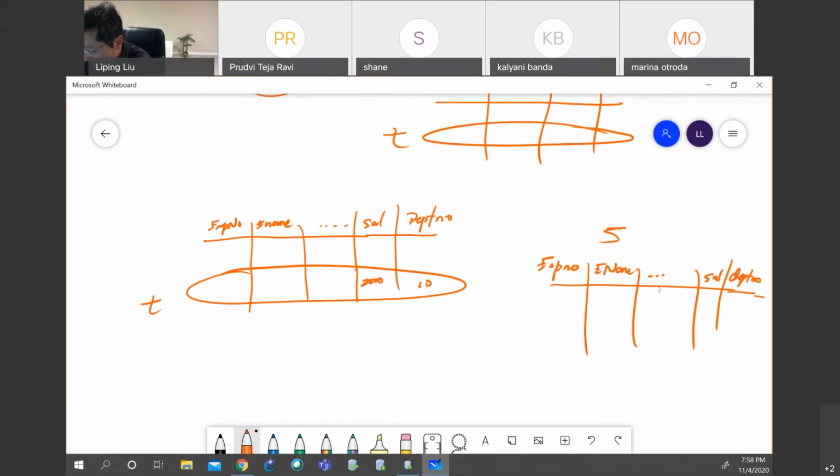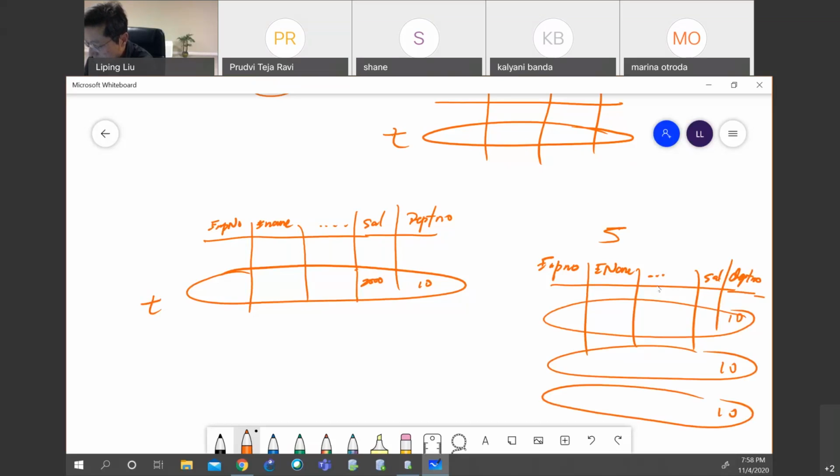So department 10 here, department 10 here, and department 10 here. All right, and then from that, for this department 10, using tuple variable S, S will be changing from here to here. After you look at that table, look at this second table, and you're trying to say: what is the minimum salary for department 10? If you found that that record is matching the minimum salary for department 10, then